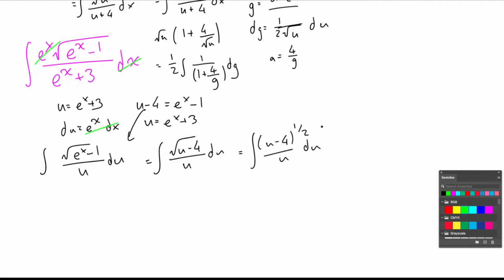Back to math. How does one integrate this? Okay. g equals u minus 4. That means we can get dg to equal u du. Then,